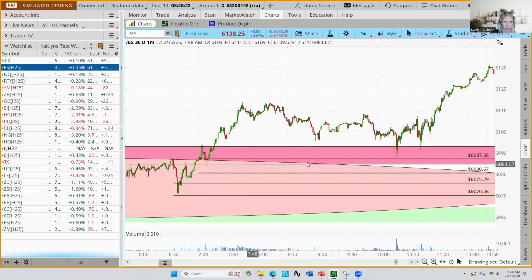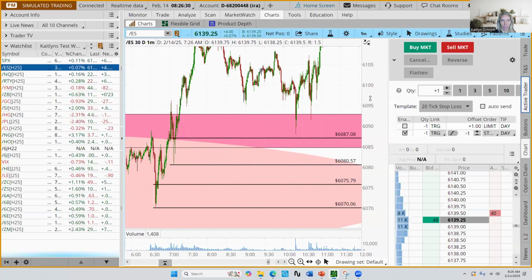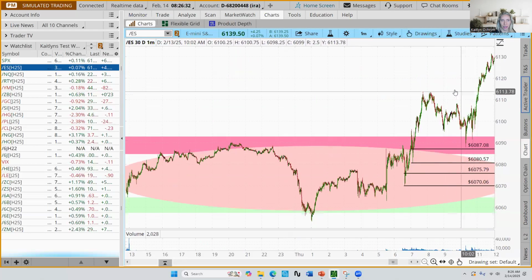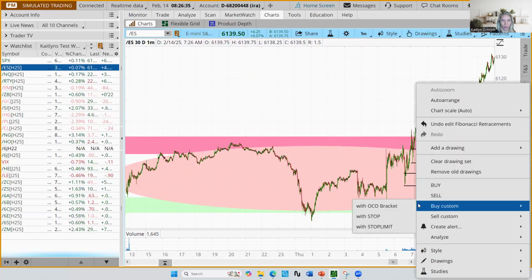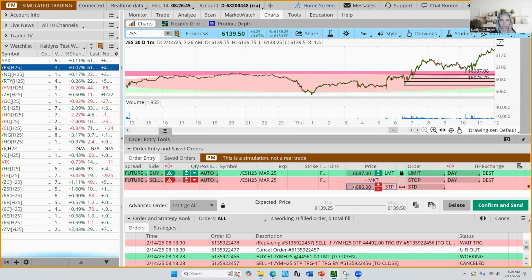So I'll set up the upper one first since that one's the closest. That'll be an entry of 60.87, stop at 60.80. I'm going to do it this way. Buy limit 60.87, stop at 60.80. Again, if that's too large, that's going to be 7 points, a little over $300 worth